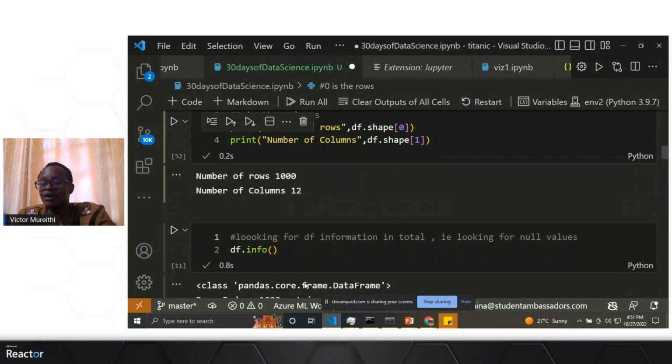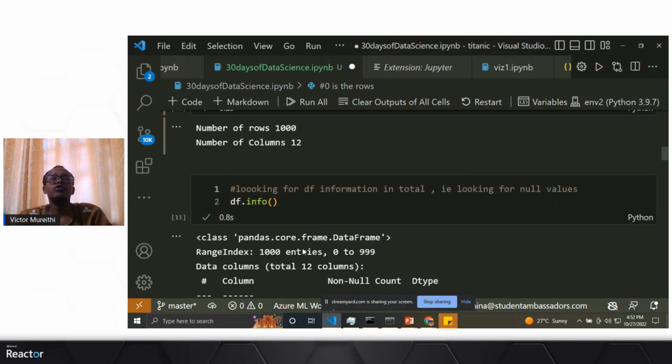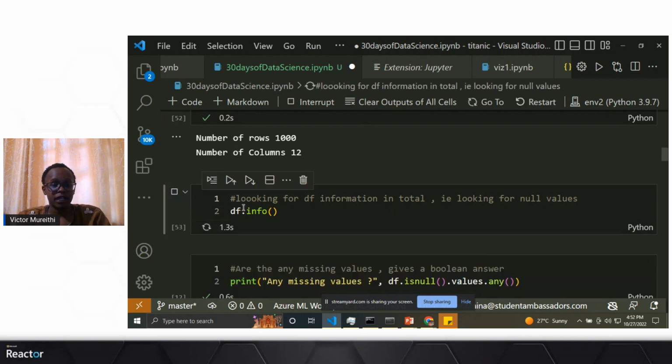Moving on, we can also write another Python code to show us maybe the amount of space that our data is occupying, the data types in our columns, and the columns that are there in our data frame. So when we run dataframe.info, it will show us